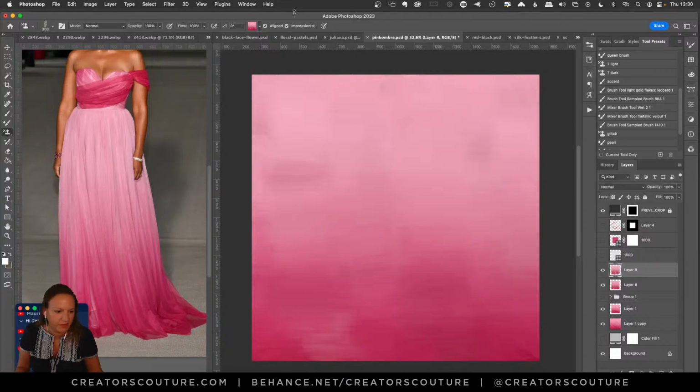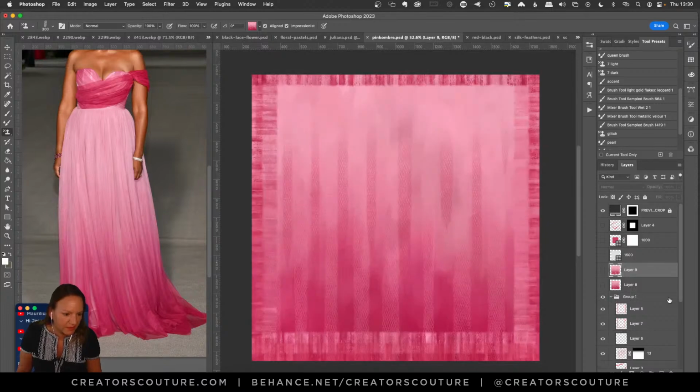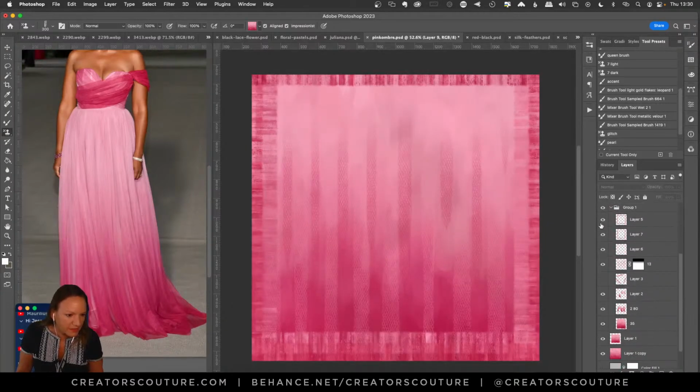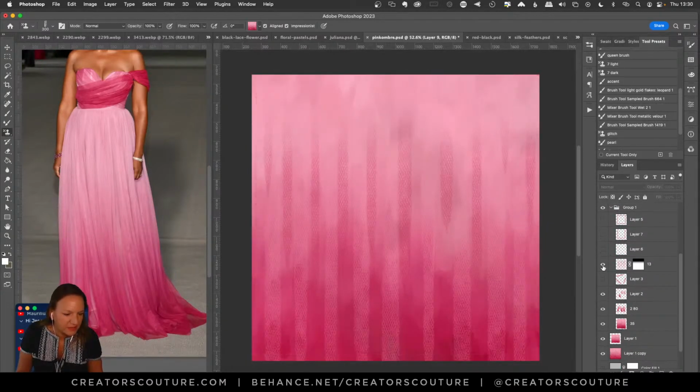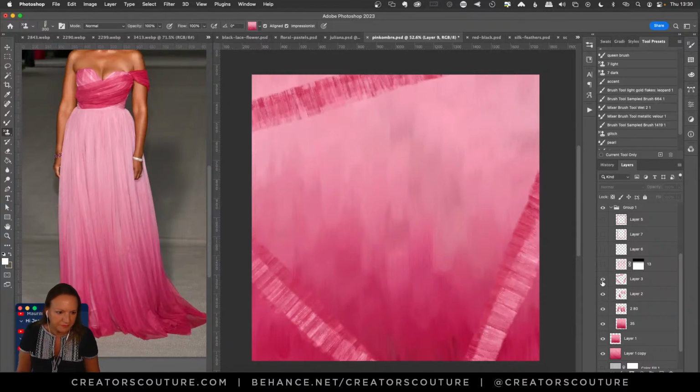So you can play with that. And so that's what I did there. Let's just peel back the layers and see what I did. So I picked a brush and brushed up and down. So we get that brush stroke feeling, but it's keeping the ombre on the whole document. And hopefully that's not too confusing.